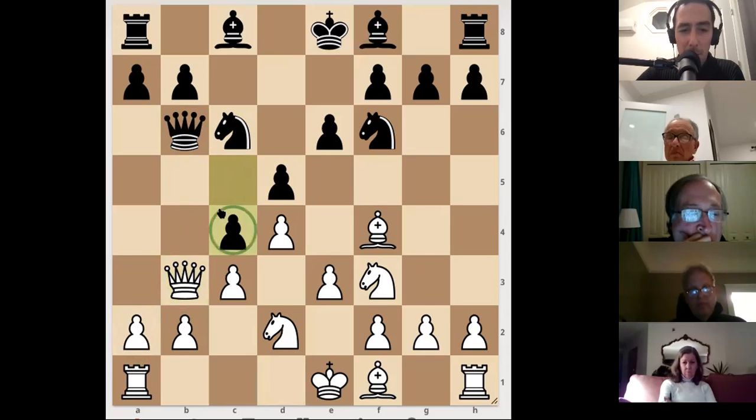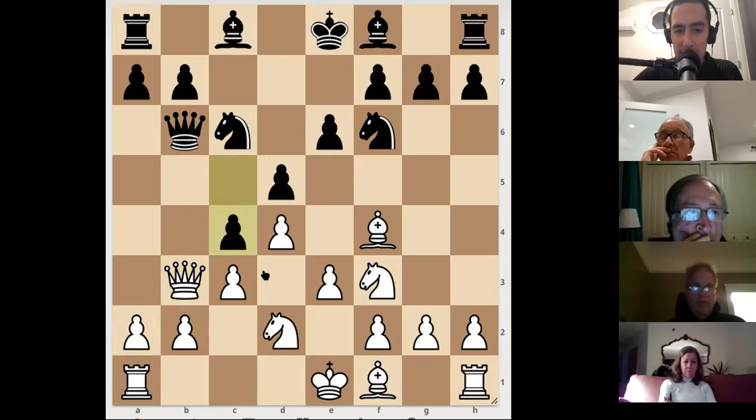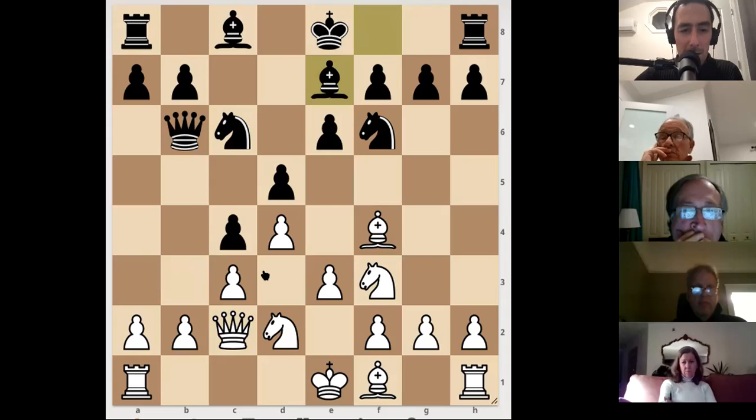benefits white, because this pawn looks like it's strong. I mean, it is kind of connected in this pawn chain, but I think in this position, white can demonstrate this to be a weakness. So let's see, queen c2. All right, so now bishop e7. Okay, so now here, I would say probably the best move would be here, queen